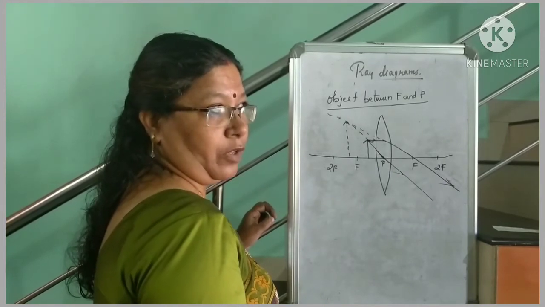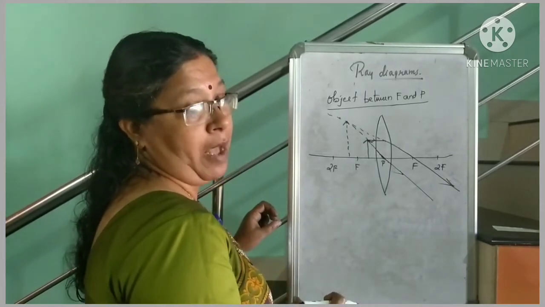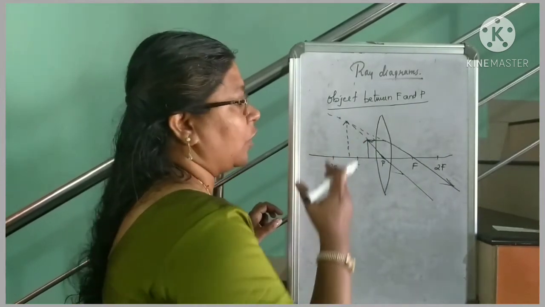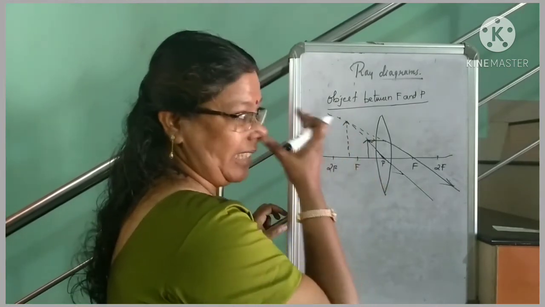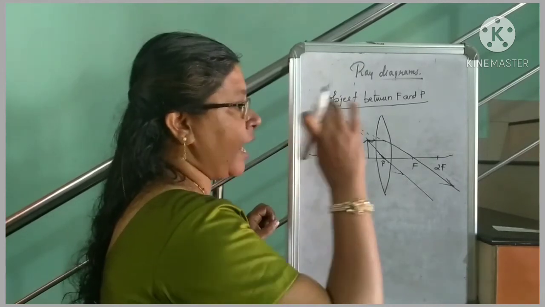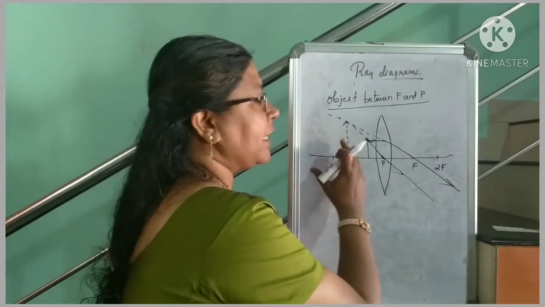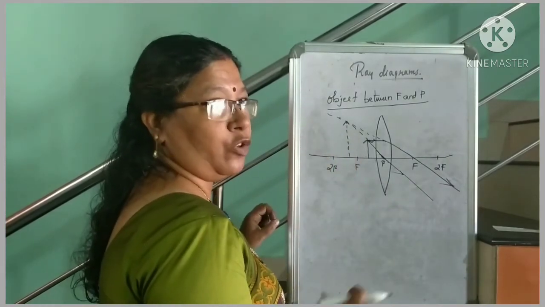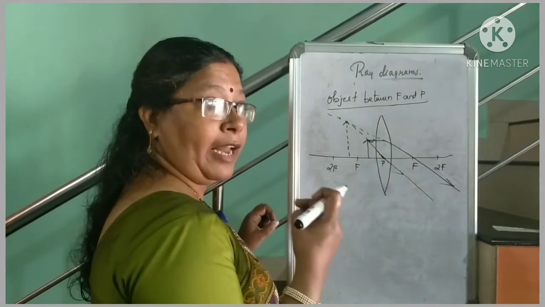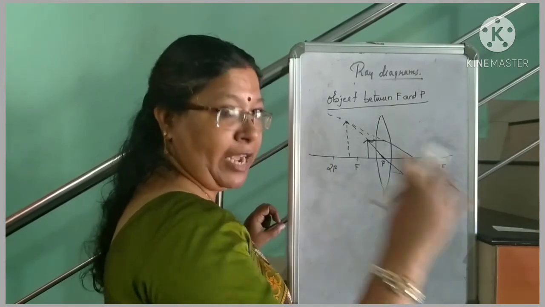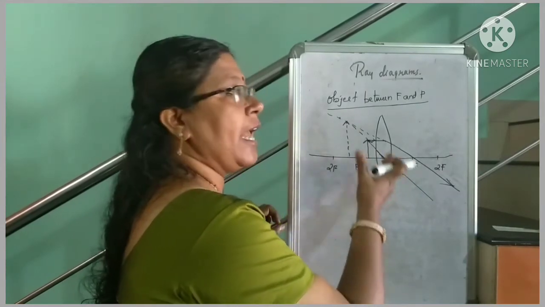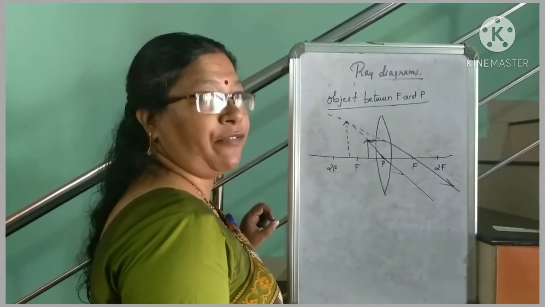object. So this principle is made use of by palmists and scientists, etc., to have an enlarged image of an object. So when you look at it, if the object is kept between p and f of the convex lens, you will get an enlarged erect image of the object on the same side of the object itself. So you might have seen scientists and palmists all having this lens with them, and they are using this lens to get an enlarged image. And what is the principle? They keep the object between f and p, and the enlarged image will be obtained between f and 2f.